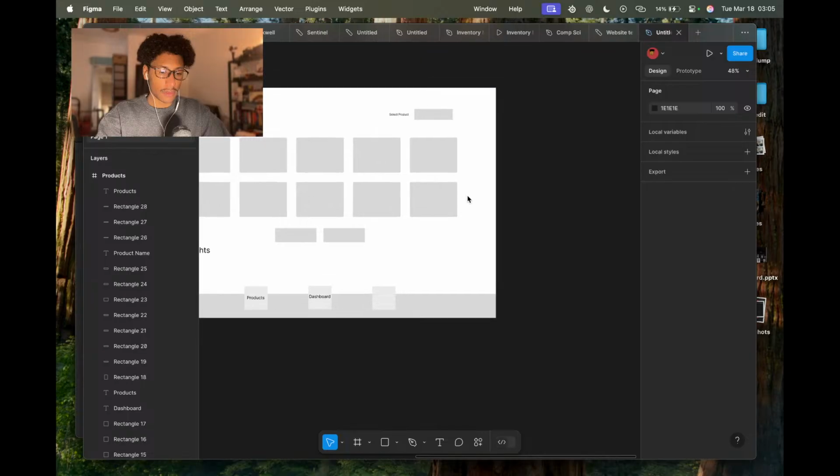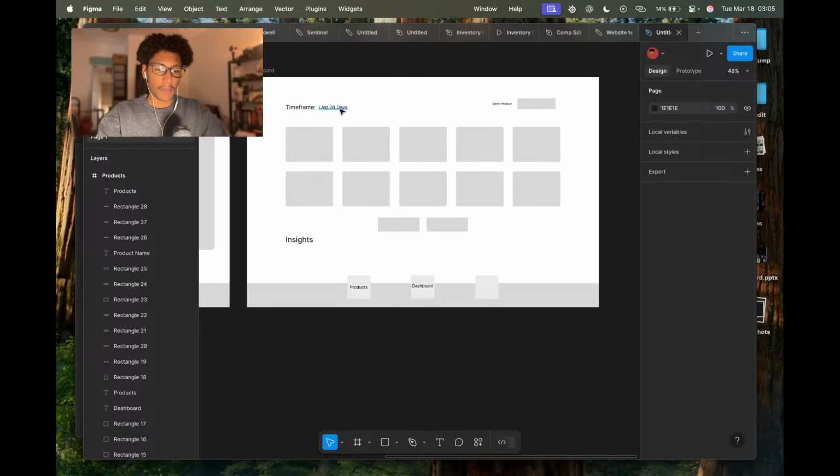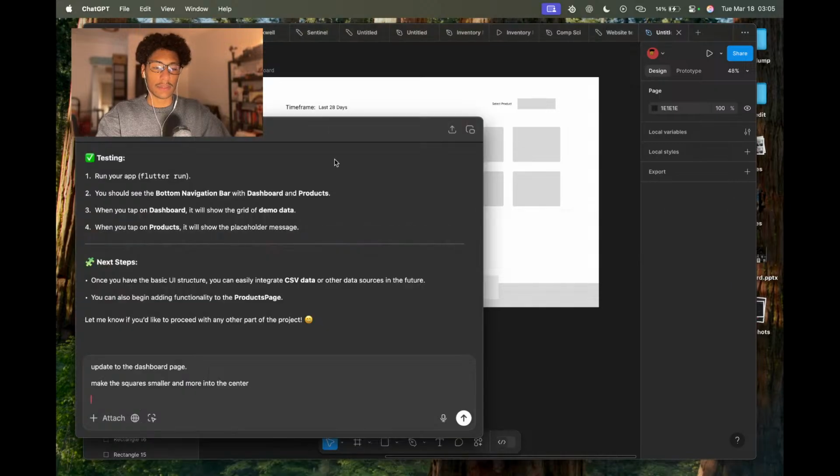In the top left, a label that says time frame and last 28 days from a drop down that has last 7 days, today